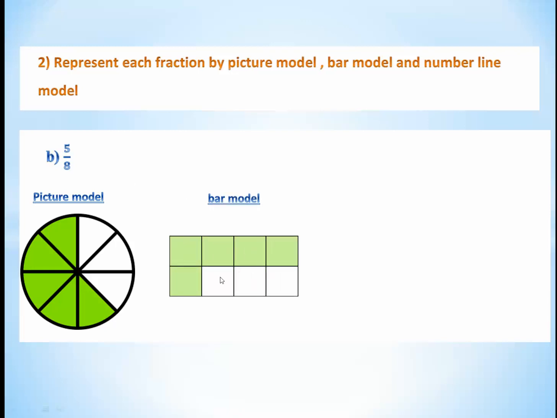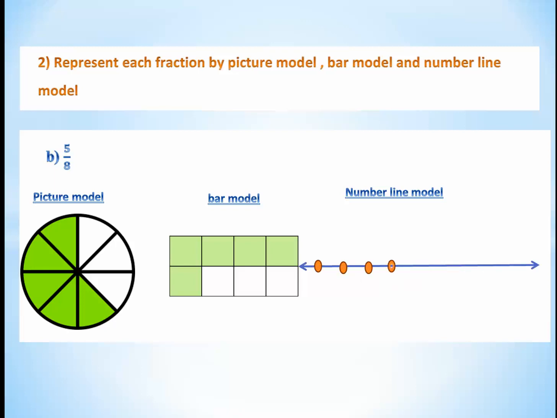Okay, bar model, let's draw a rectangle. Okay, we can represent it like this. We have 4 parts and 4 parts. 4 plus 4 equals 8 as the denominator, and we will shade 5 parts. Okay, number line model, we will draw a straight line and start 0 over 8, 1 over 8,